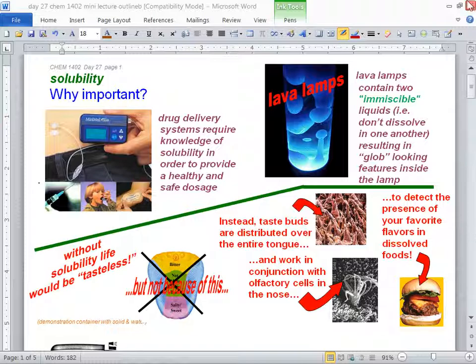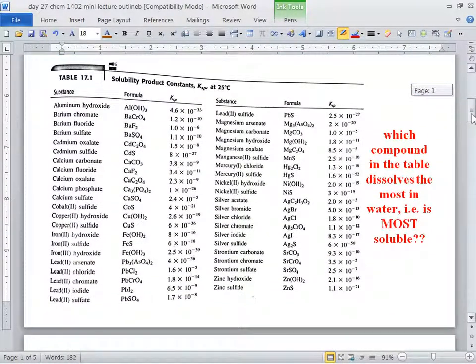So if it's not very soluble at all, you end up with these solubility tables. They call them Ksp, equilibrium constants. And I'll just give you a hint. The bigger K is, the more soluble, the more it will dissolve and break into its ions. So if you're looking at that table, let's just see if we're reading it right. Steph, which compound, which solid dissolves the most in water? Which compound is the most soluble?